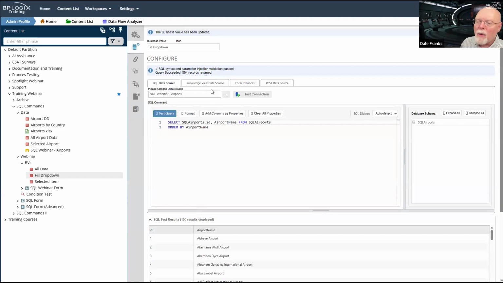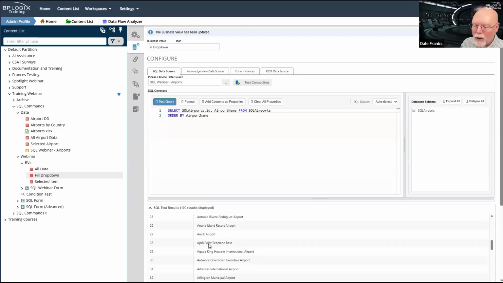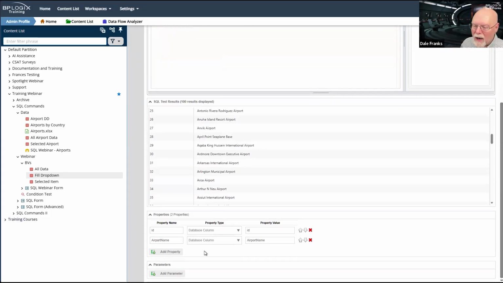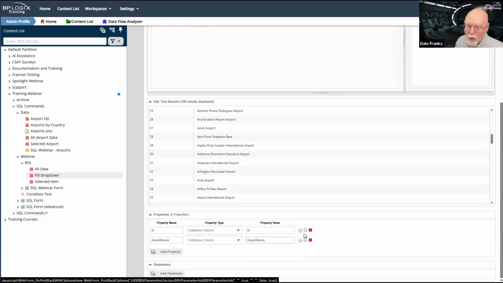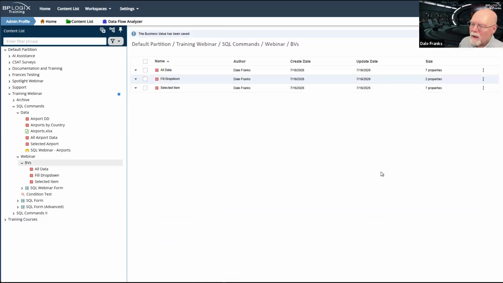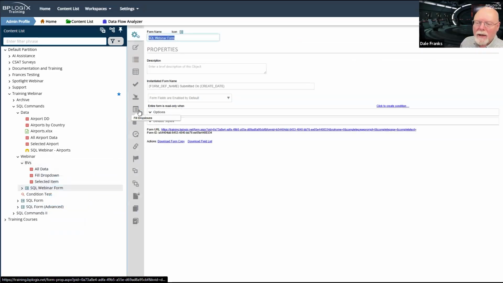So we can add our columns as properties. We only need 2 columns. So that will add our ID and our airport name. And we don't even need a parameter here because all we are doing is filling a dropdown. So we only need those 2 fields to fill the dropdown. So we will hit OK here, and we will go back to our SQL webinar form